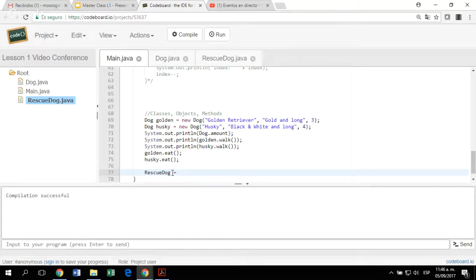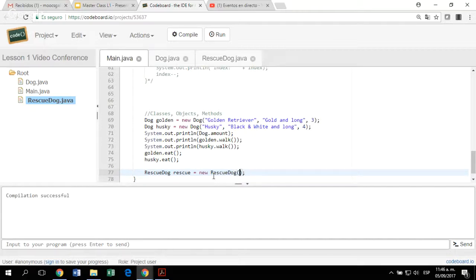You will know more about it in lesson 4, about when to store it as dog and when as rescue dog. So here will be the rescue dog, and we will create a new rescue dog instance